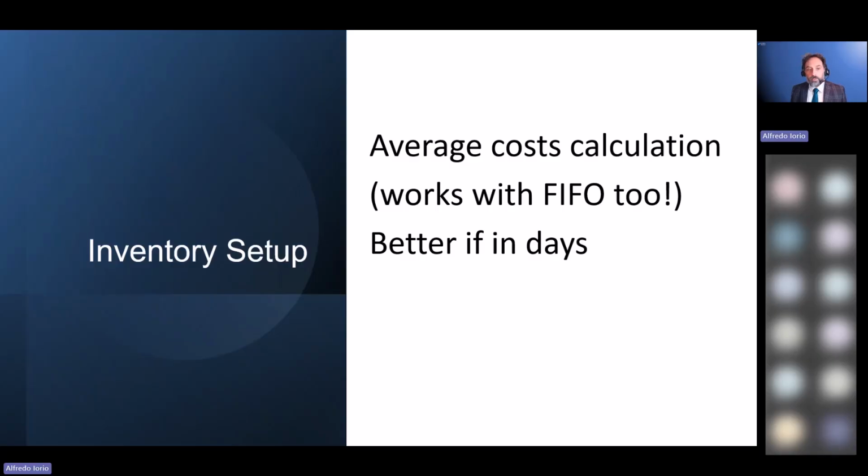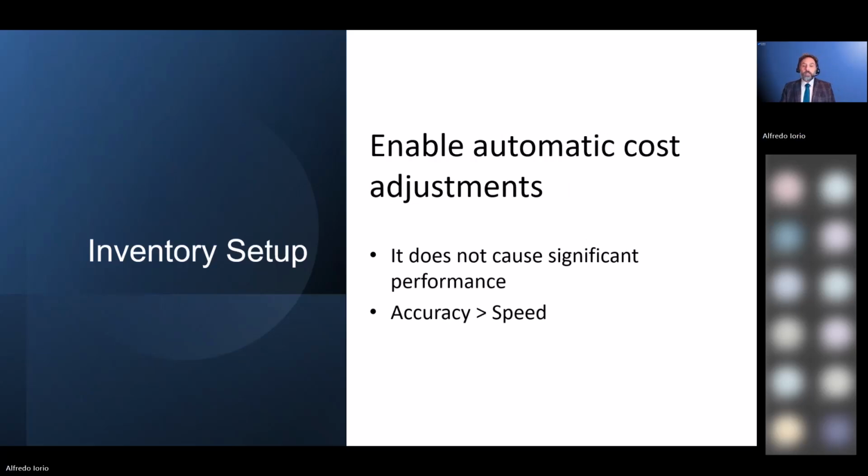It's a complex system designed to give you certain figures if you look in one place, other figures if you look in another place. Because again, Business Central is inventory management and finance and general ledger and supply chain management. And so numbers might look different depending on how you look. Average cost calculation, better in days, again, something you set up on the inventory setup. So another very important setup and configuration element,